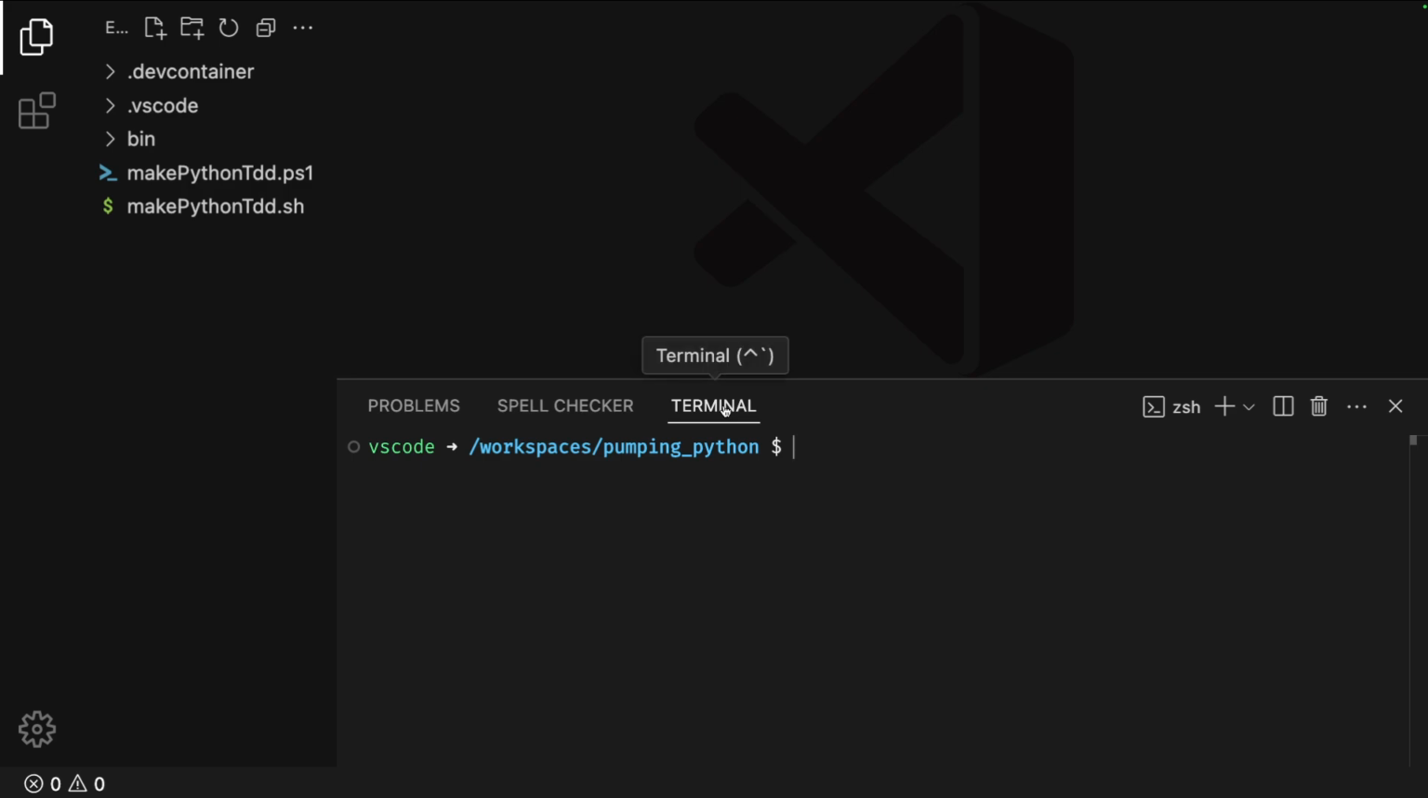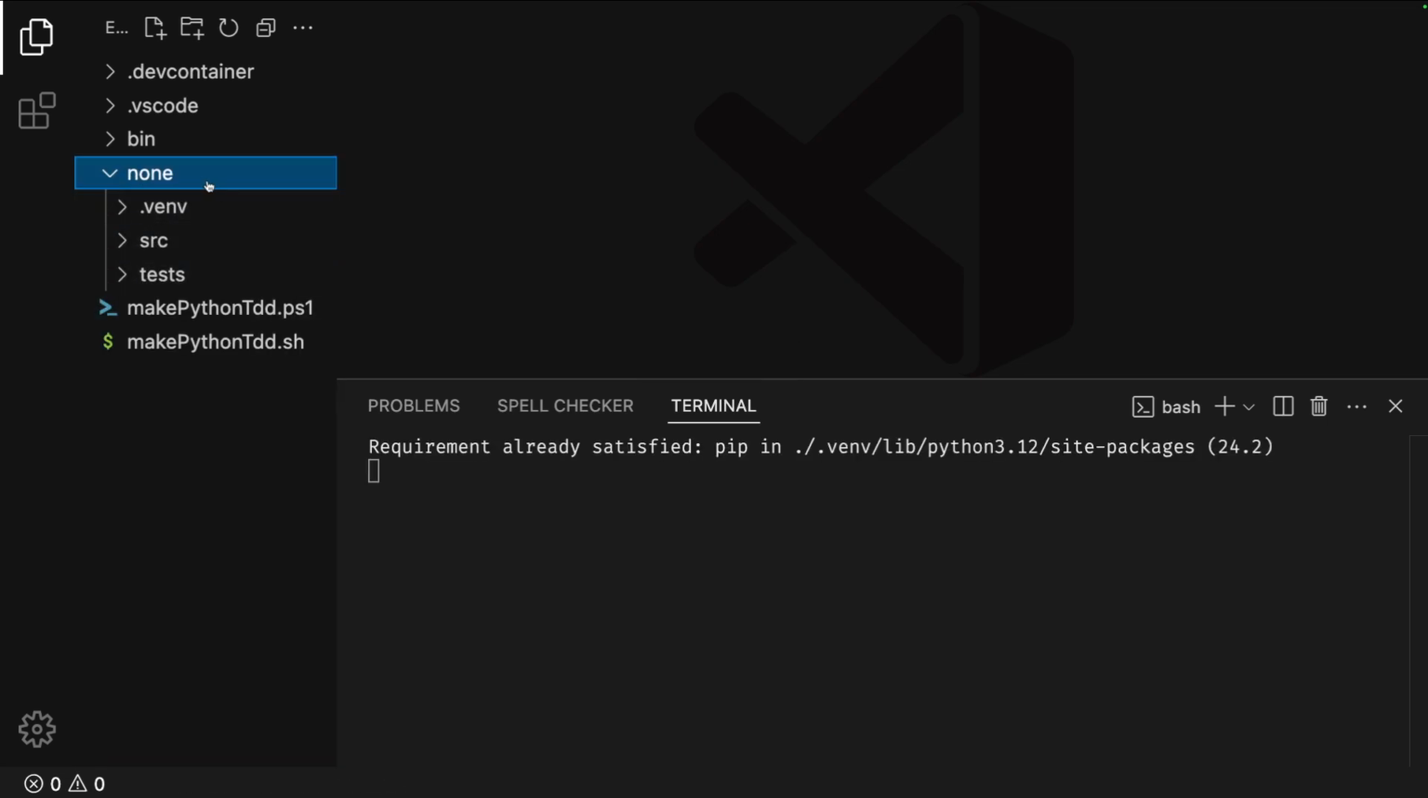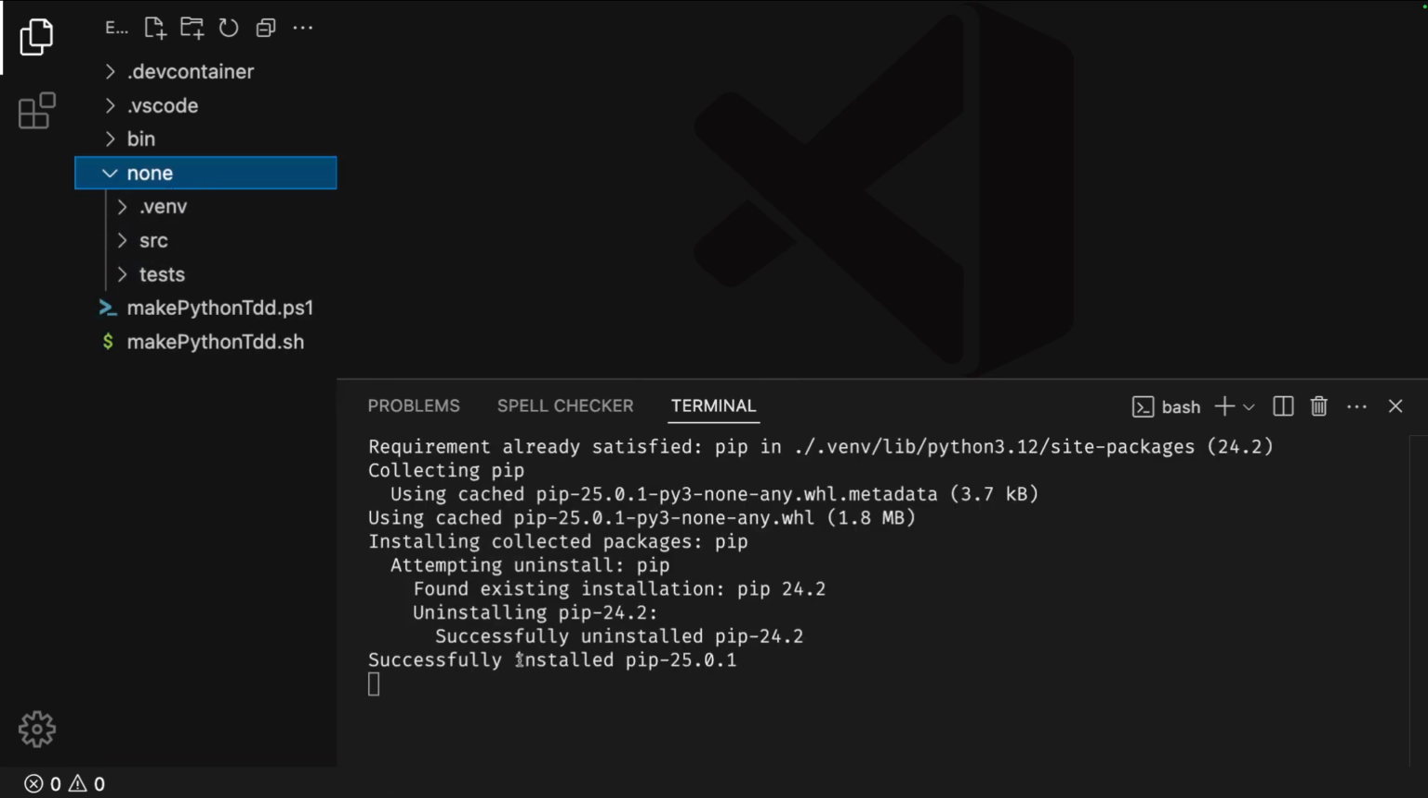On Windows without Subsystem for Linux, /make_python_tdd.ps1 none as the name of the project. On the other operating systems, /make_python_tdd.sh none. Enter to run it. It makes the folders and files that are needed, installs packages,